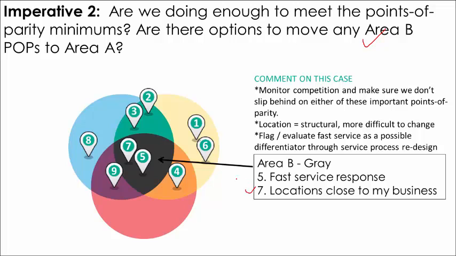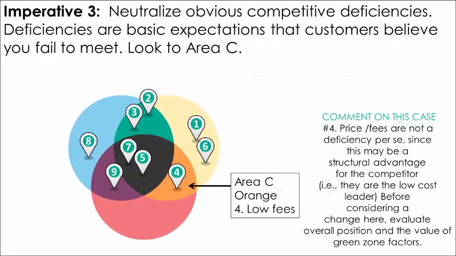Fast service response, if you both perceive to be equal on that, is also something you want to hold steady and make sure you continue to deliver on. Possibly there could be a way to move that into area A, but that's something that requires further analysis. For the most part, these are something you'd want to hold steady on and make sure you're up to par on those. Imperative 3, there may be obvious competitive deficiencies that can be